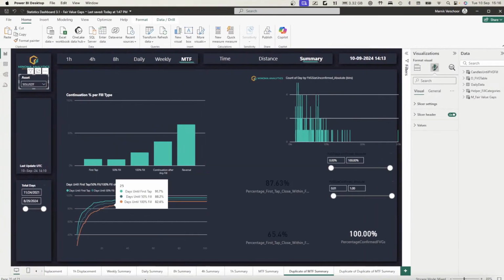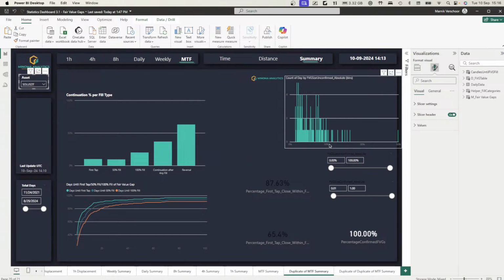So this is the new feature that's coming. I think it's going to be pretty cool. You're going to have this dashboard where you can just see which fair value gaps are active, how fast they usually get filled, what the percentage chances are of the unconfirmed fair value gaps turning into confirmed fair value gaps, and probably some other data. I'm still working on expanding the data model. So there's probably going to be some cool stuff to work with. I hope you're looking forward to that. I definitely am. I think this is going to be really cool.